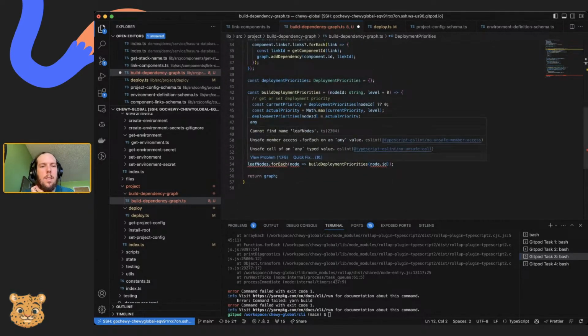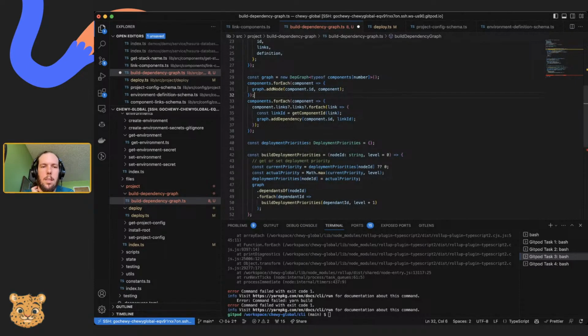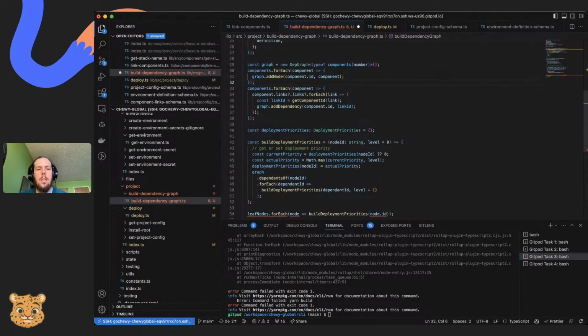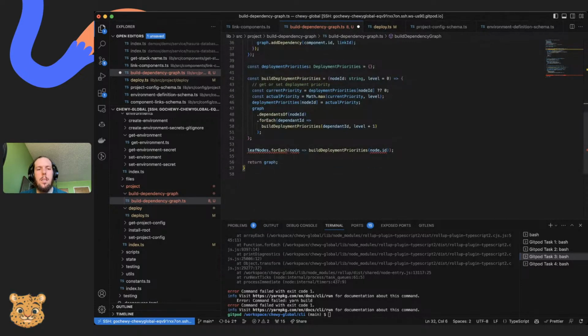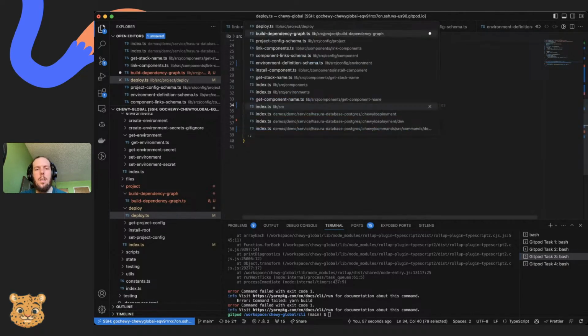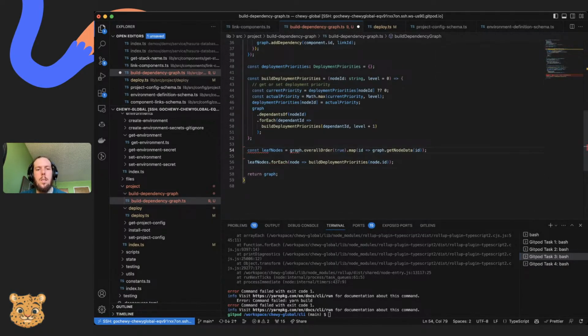Leaf nodes. Leaf nodes. Build deployment priorities. All right, so here we build the deployment priorities. And if